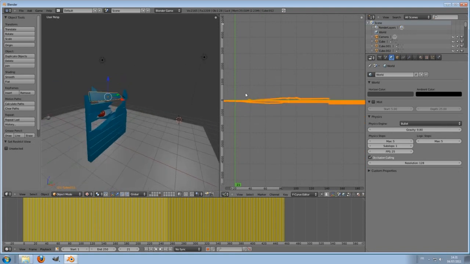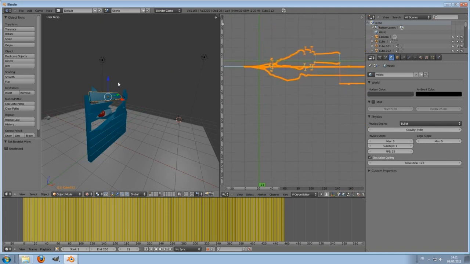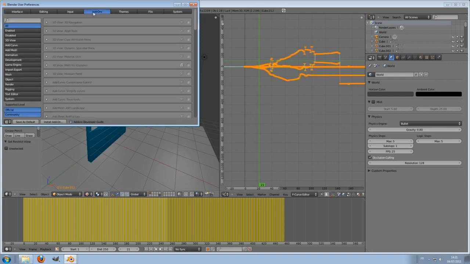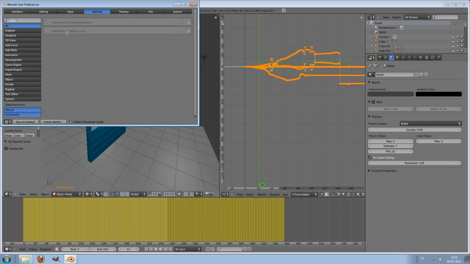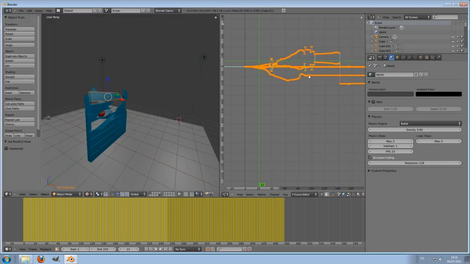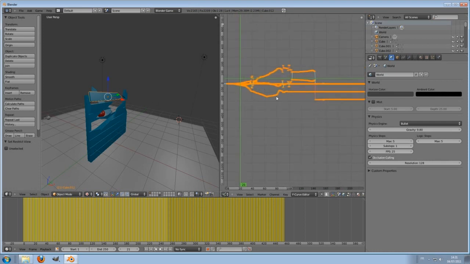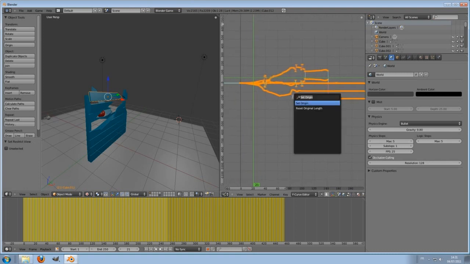So Blender has an add-on, at least on this version. Mine is 2.57. So go into File, User Preferences, and Add-ons, and find Simplify Curves. So if you don't see it, type in curve, and it's here, check it, and you can now close this window, select an object, and hit space. So select an object, hit space, and type in simplify, select it,